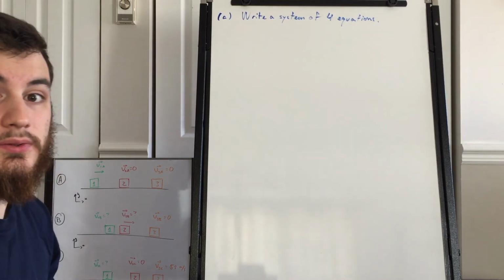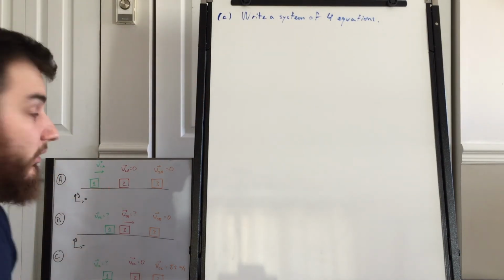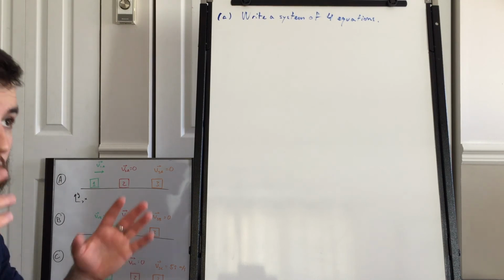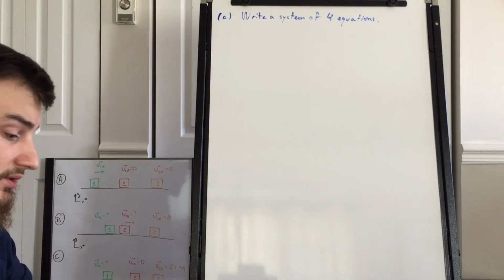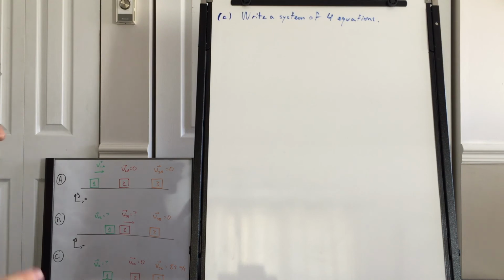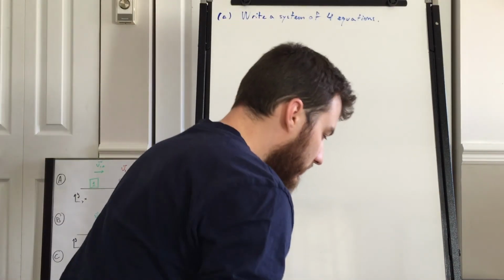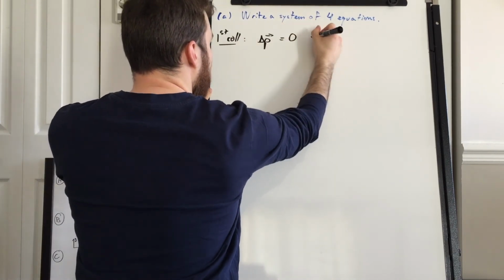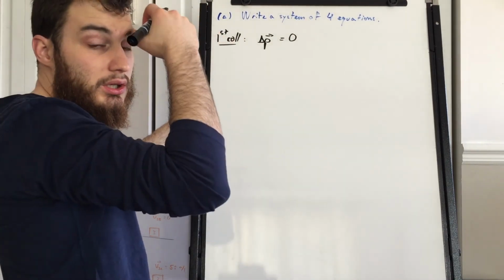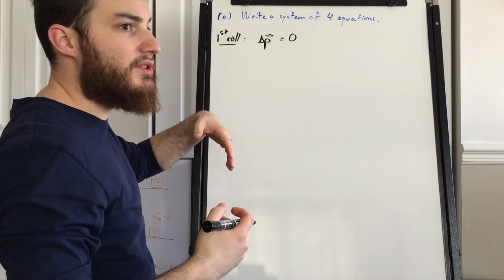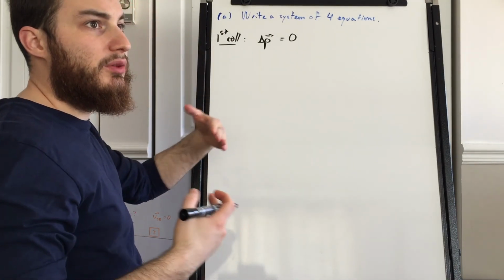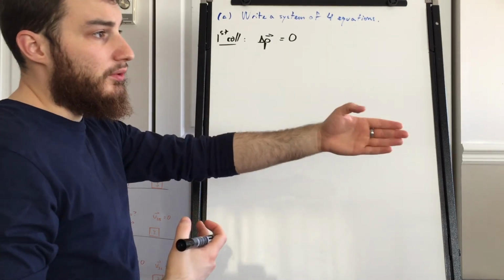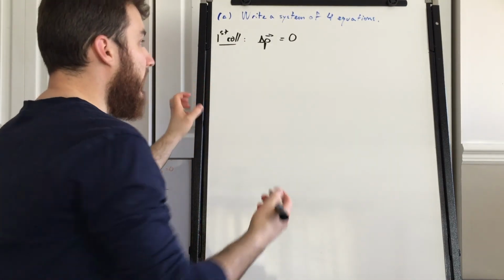Our first task is to write a system of 4 equations considering the 2 collisions that we have. I'll go collision by collision and write my 4 equations there. Collision 1 is in between states A and B. It involves blocks 1 and 2 only. Starting with the conservation of linear momentum, we are only in the x direction, so we can drop the vector sign and just consider the direction with pluses or minuses, plus if to the right, minus if to the left. We'll have